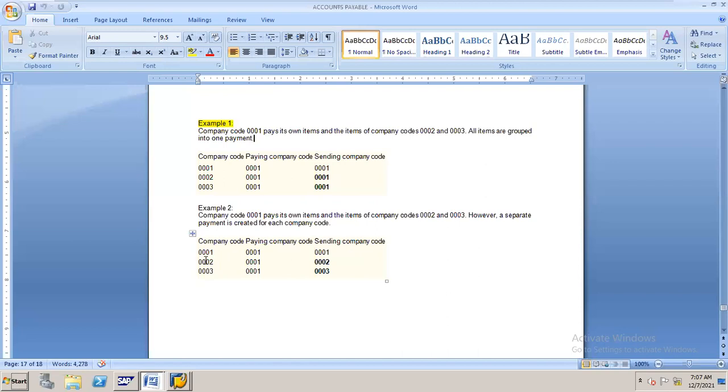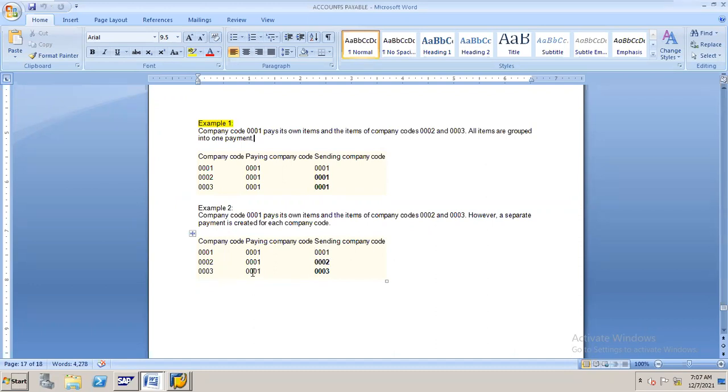In case of the second company code, actually paying by whom? The first company code, and the check is in the name of the second company code, because the first company code is paying the invoices but this time it is issuing the check in the name of the second company code. In case of the third company code, who is paying?